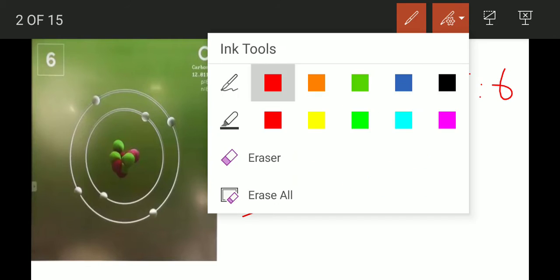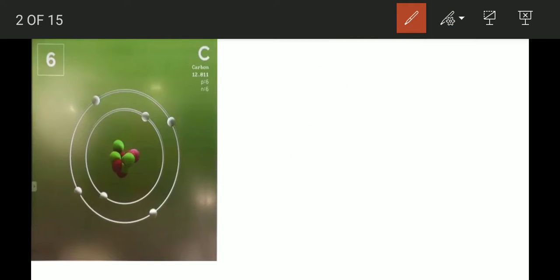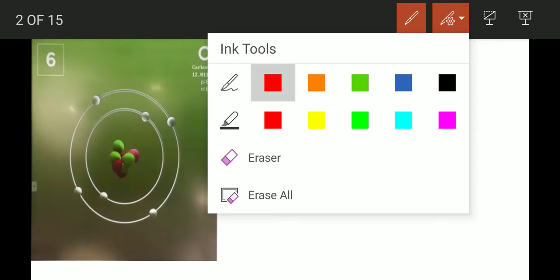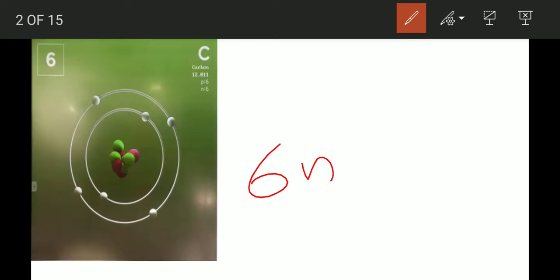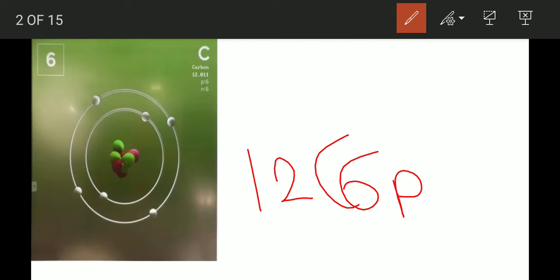Now, another thing is that it also has 6 neutrons. Here the neutron value is also 6. See, now from this we can find the mass number. So by this we can say that the mass number of carbon becomes 12. How did it become 12? By adding the proton value and neutron value, I got the value of the mass number. Its mass number is 12.